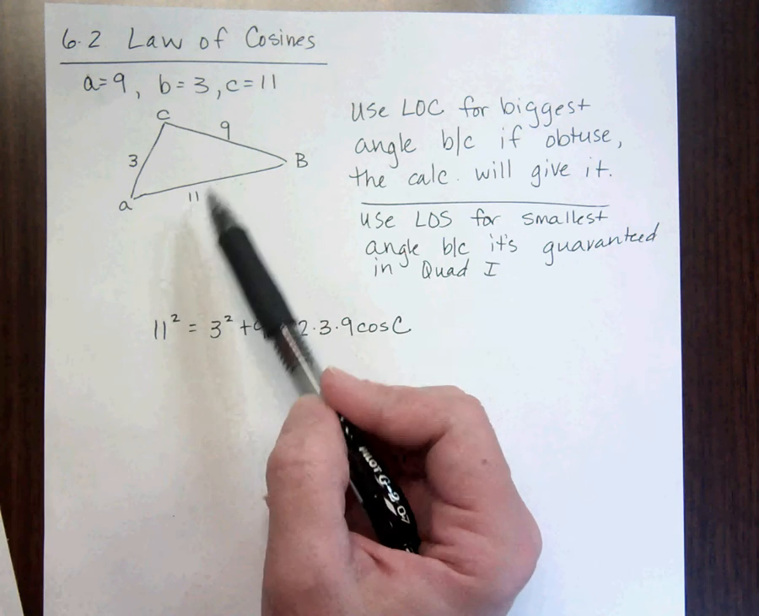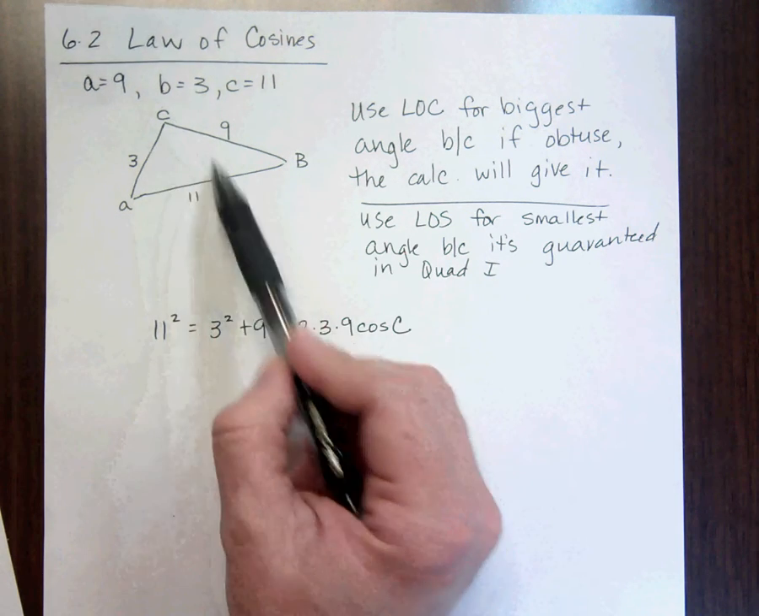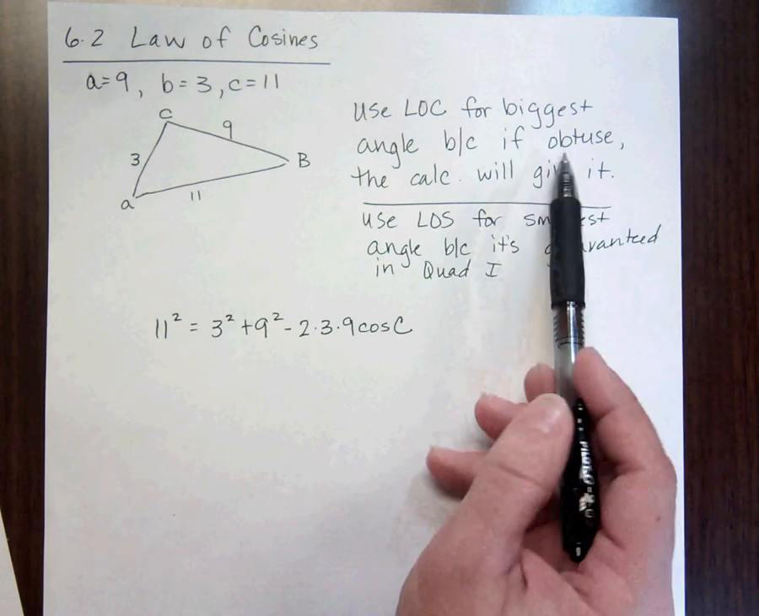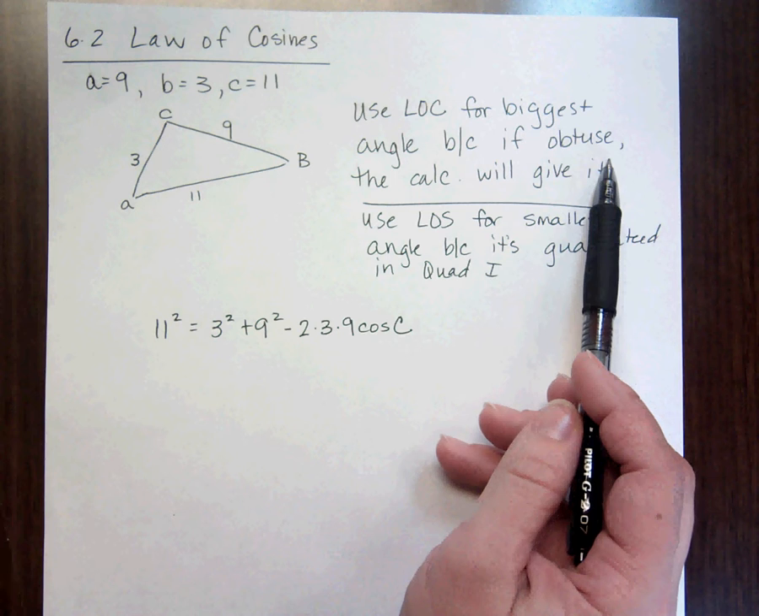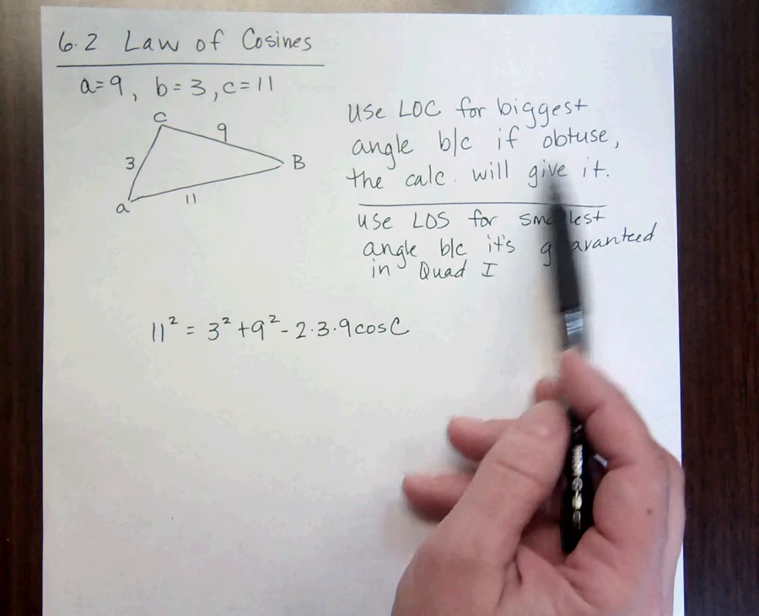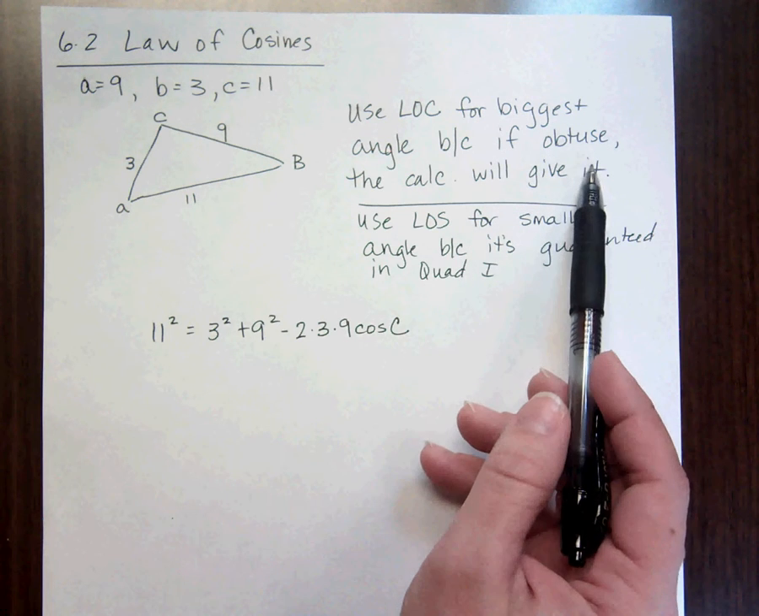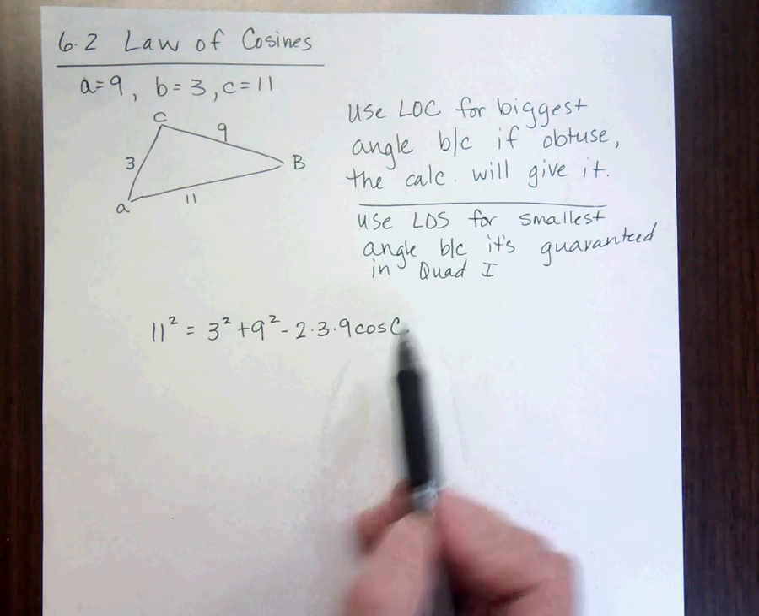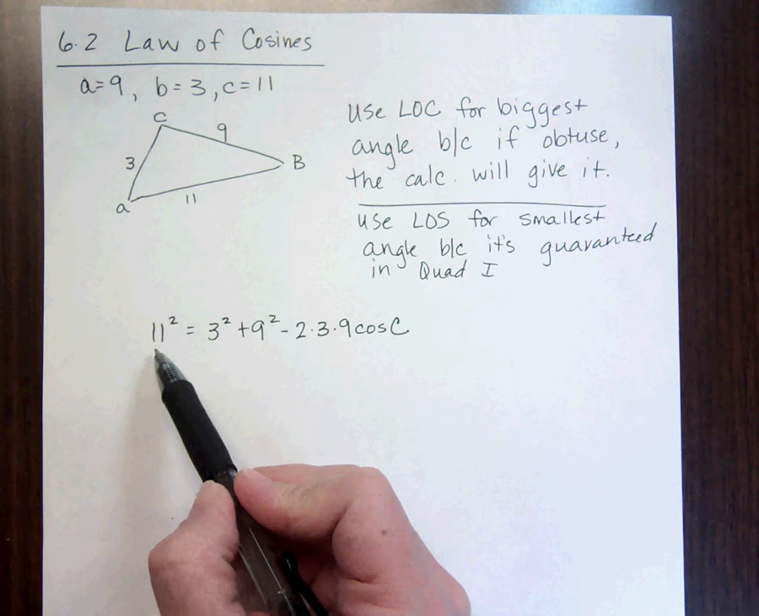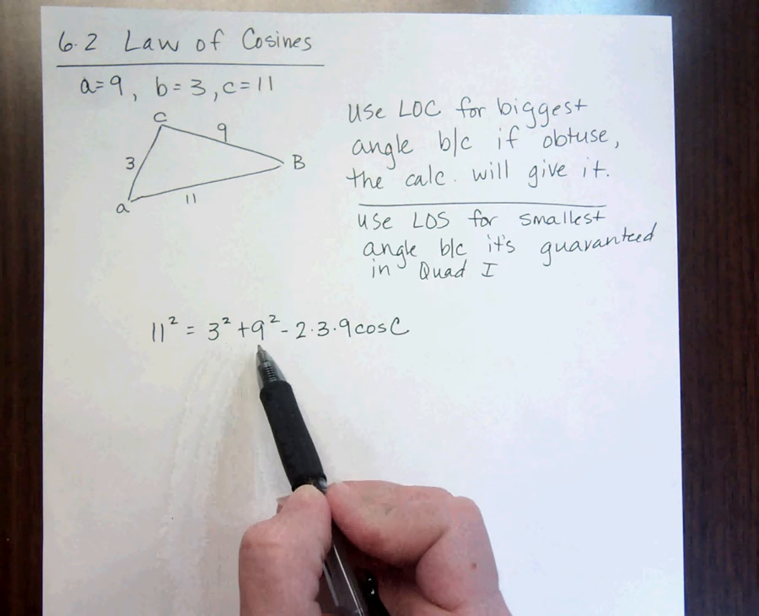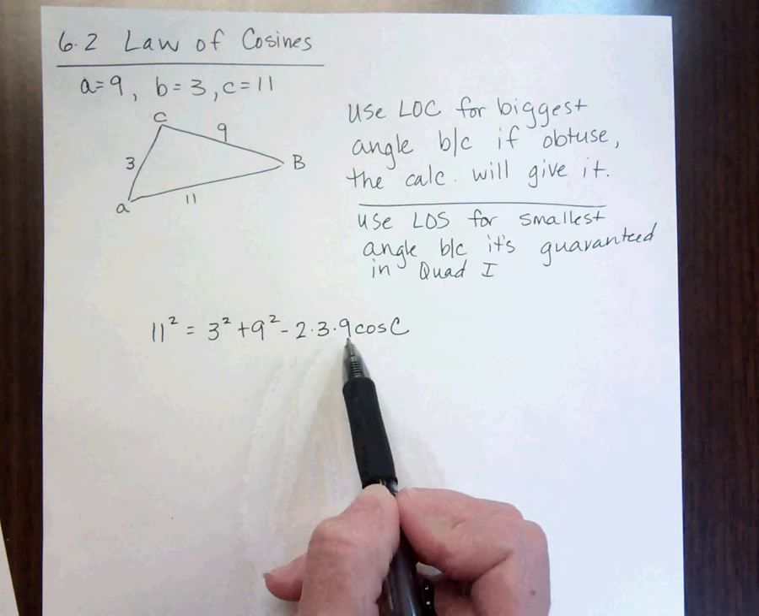I want to make sure that I use my biggest side to get my biggest angle. That way, if I'm trying to get something obtuse, then law of cosines will give me the obtuse angle, and I don't have to guess and check the whole one triangle, two triangles, no triangles situation. So if I want to find angle C, then side C is what has to be by itself. So you set up 11 squared equals 3 squared plus 9 squared minus 2 times 3 times 9 times the